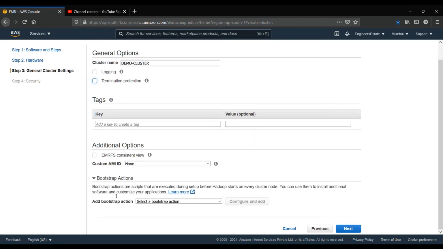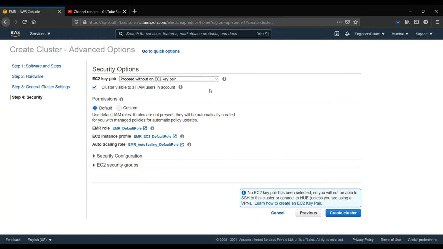If you want some bootstrap actions, like I want a notebook here, I want pandas here and some other services, we can have it here. We will be using a custom action to run it if we opt for that. This is a good way to install other software onto the cluster. Click on the next.